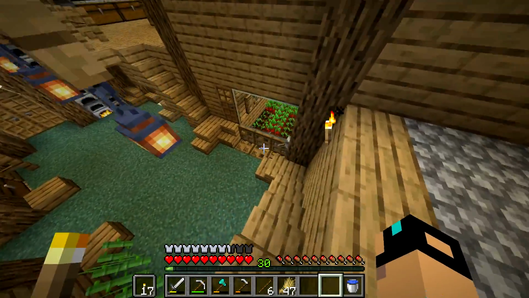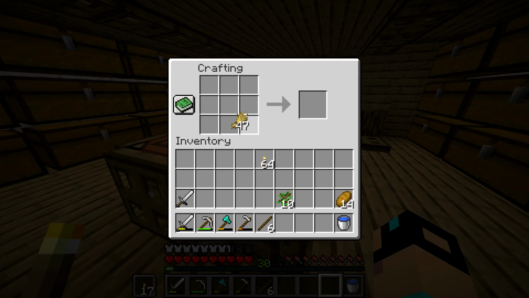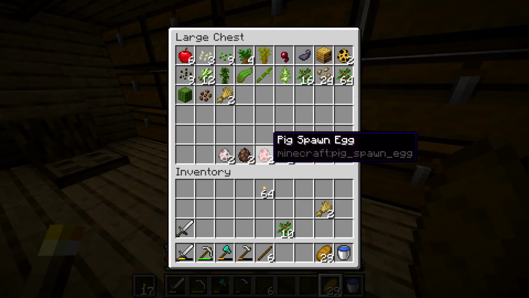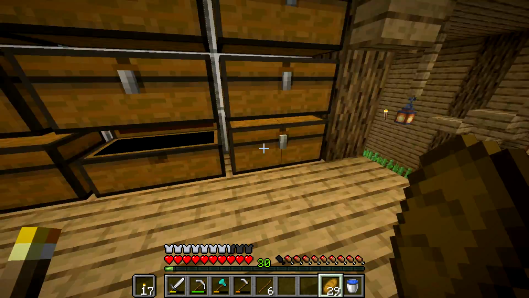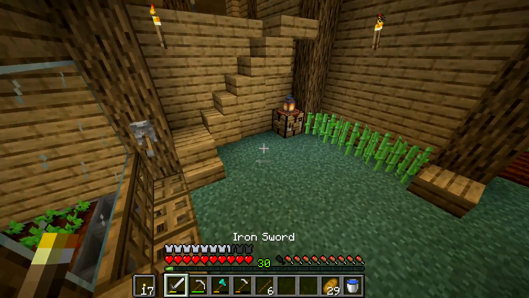Okay. So we have a lot of wheat, which is good. It's good for bread, but it's also good for breeding cows. That is one thing I kind of wanted to get started on, depending on how much time we have. Let me look at the clock here, and we'll see how much time we have. Hold on. Yeah, we got like 5 or 10 minutes or something like that, so I think we can